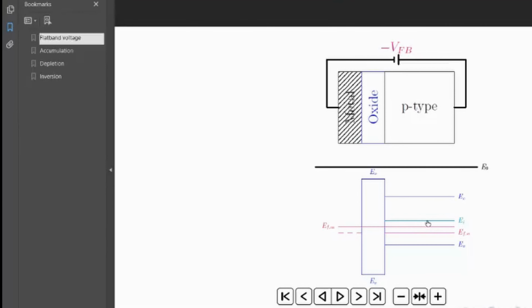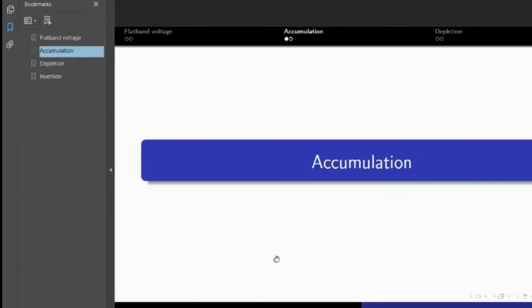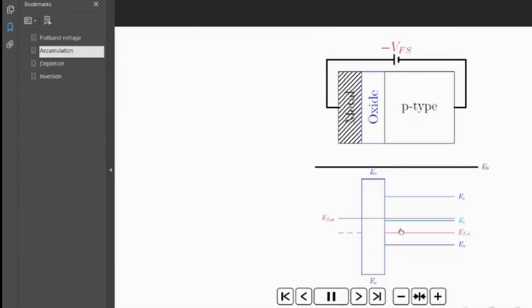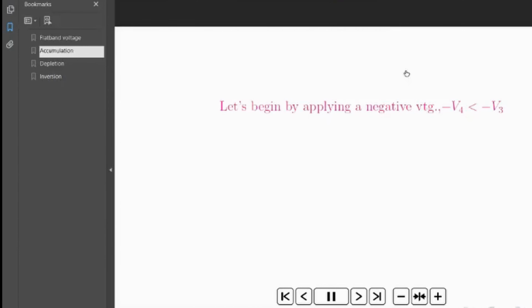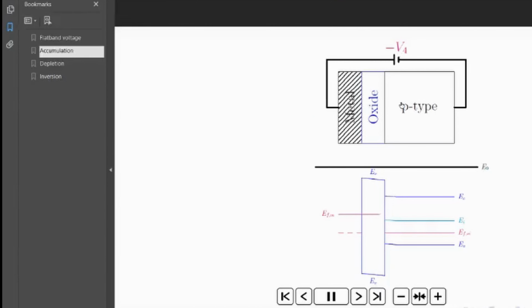Okay, so anyhow, we will not worry much about those band diagrams. And in case you're looking for how the bands would appear for accumulation as well as depletion and inversion, I can just show a quick review. But again, there are some modifications I have to do with this band flow. Okay, so this is for accumulation, when I apply a voltage in the negative direction, more than minus VFB. Okay, so the band is bending upward.